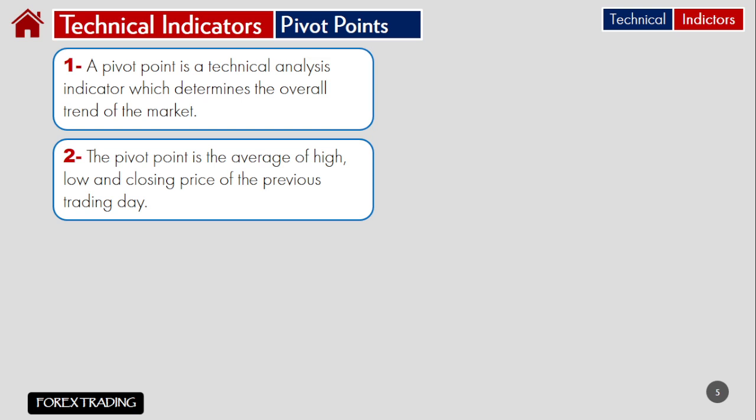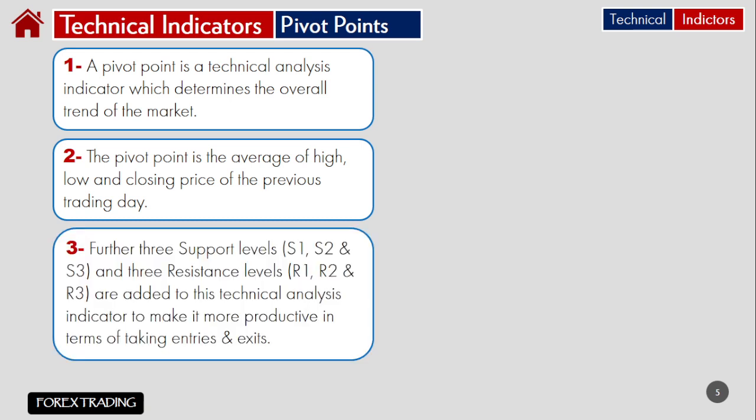The pivot point is actually the average of high, low, and closing price of the previous trading day. So whenever we talk about pivot points, we are talking about the average of the previous day's high, low, and closing price. Number three, in addition, there are three support levels, S1, S2, and S3, and three resistance levels, R1, R2, and R3, that are added to this technical analysis whenever we apply a pivot point